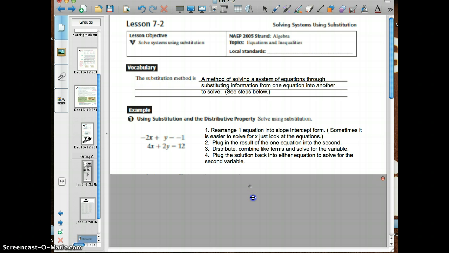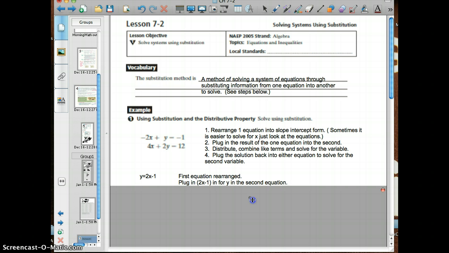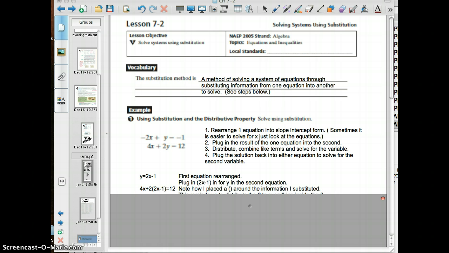The first thing I'm going to do is rearrange that first equation into y equals 2x minus 1. I am going to then plug in 2x minus 1 for the y in the second equation. And you can see here the result. Notice we placed the parentheses around it. It's really important that you do that to remind yourself that you substituted the 2x minus 1 in for the y in the second equation there. So now we can distribute